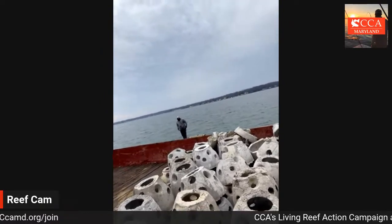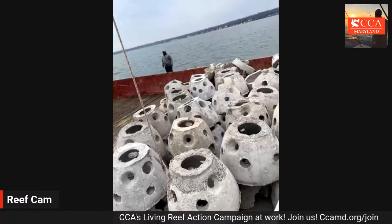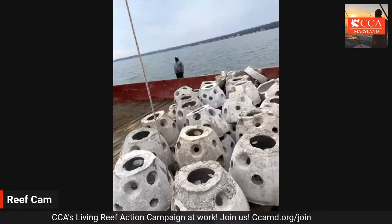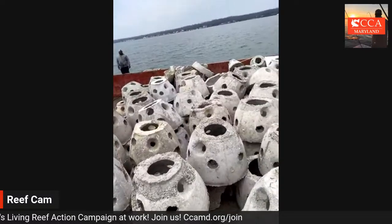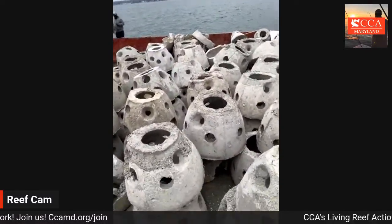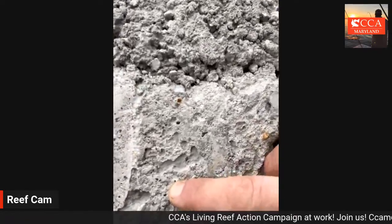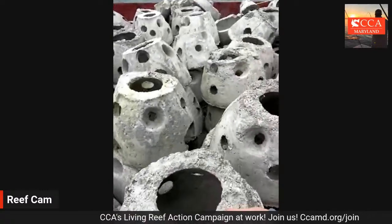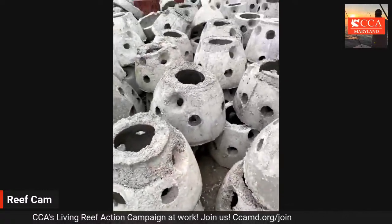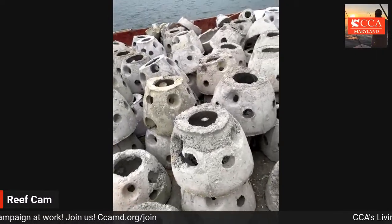Ultimately, on these reef balls, if they were set in spat in a setting tank, I would guess that we'd have about 1,000 oysters or so if we had a really good set on one of these reef balls. That's at a spat level. That's when they're really small. If these had spat on them, we're talking about that little spot right there. You know, really small specks. They then quickly grow. And when we get back to shore, we'll definitely link more videos of that process, but you can probably find them at